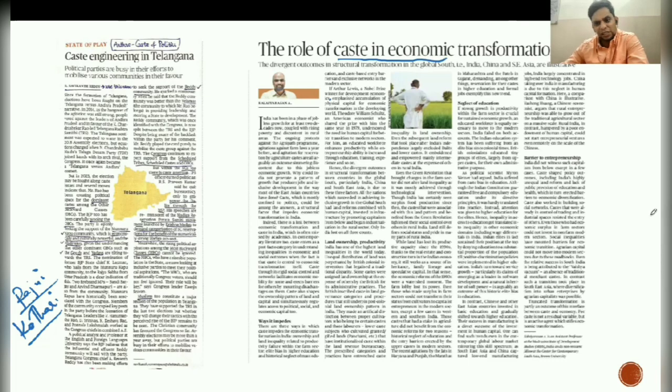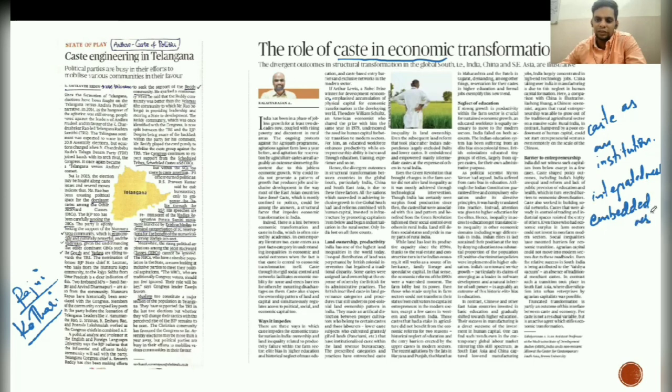You cannot study caste in isolation. Caste is also a social institution. You probably have studied social institution in your chapter number 2, right, in your social cultural anthropology? So caste is an institution. Caste as an institution, and how do you study it? Just like how we study all parts of anthropology, there is a certain amount of integratedness, or in the words of certain anthropologists, you can call it embeddedness or institutedness. I'll just keep them in quotes because they are fun terms that have been introduced by anthropologists, right?